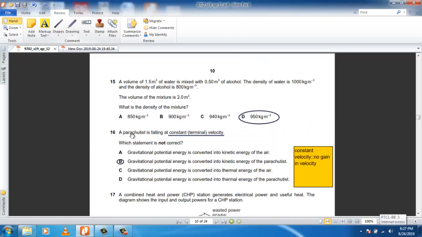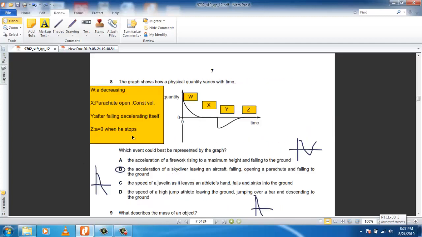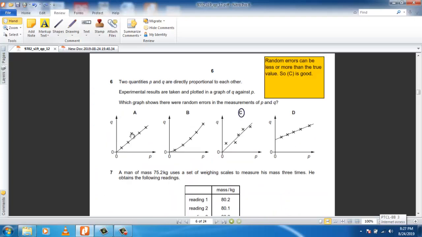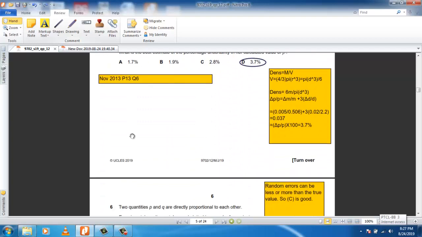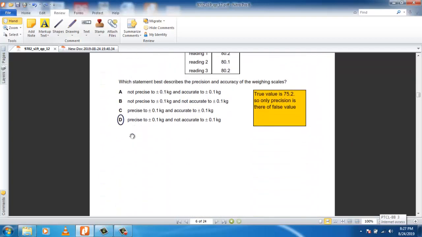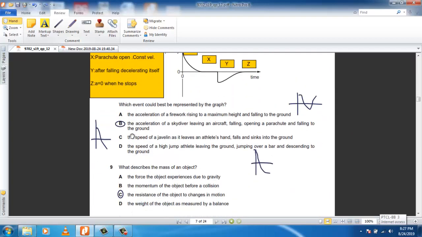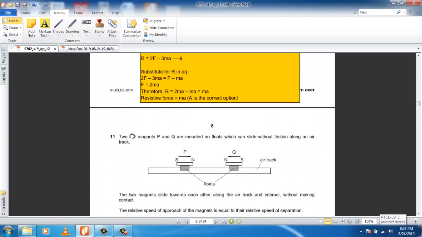Remember in the previous question we said that in a question on a slope, we just did